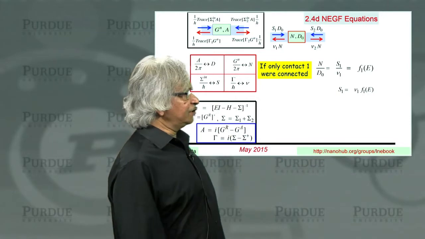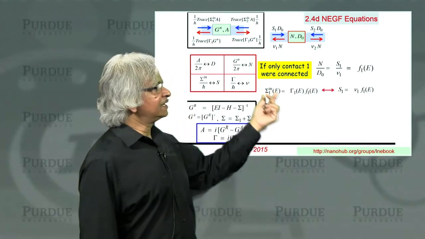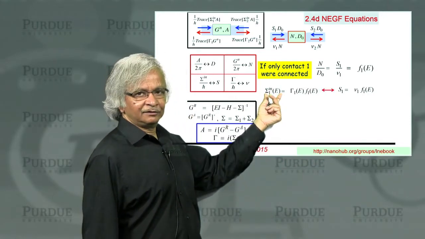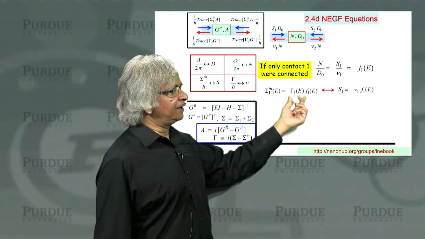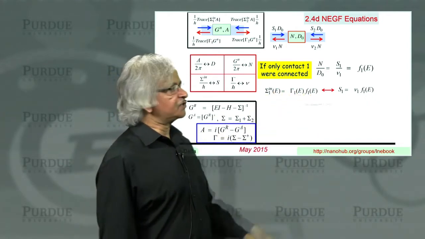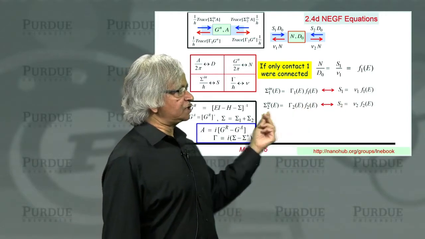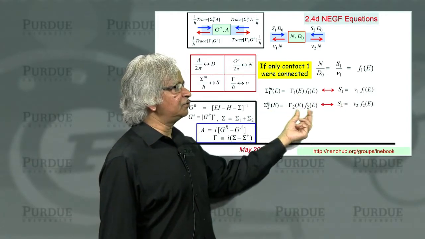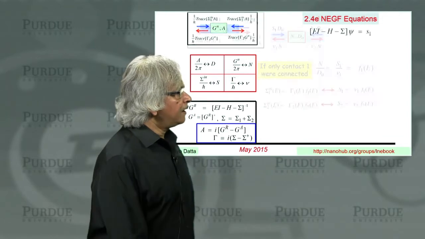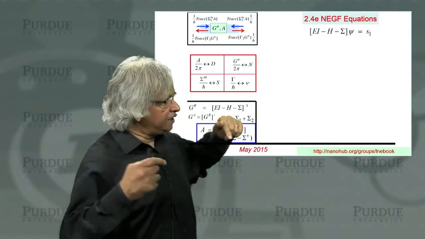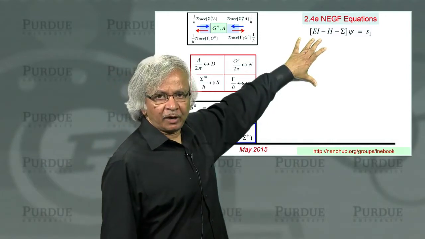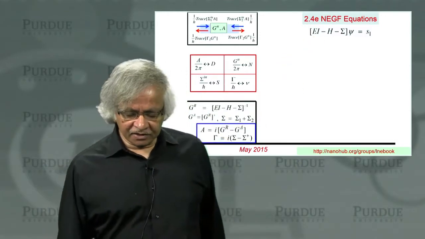And from the analogy, you'd say, well, that suggests that the sigma n in our quantum picture from contact 1 should be gamma 1 times F1. Similarly, for contact 2, sigma n2 should be gamma 2 times F2. Now, we can move on to the basic NEGF equation that I think we had discussed in the